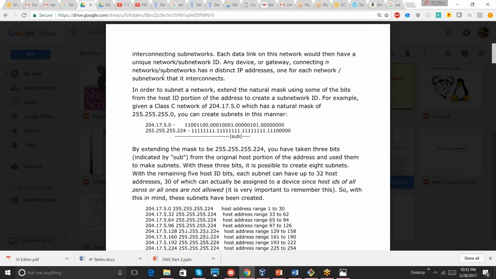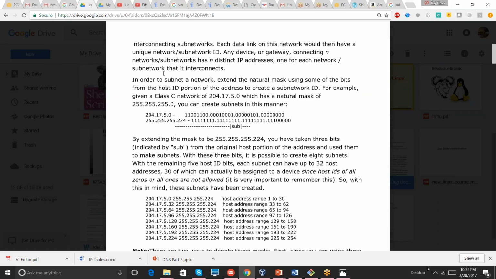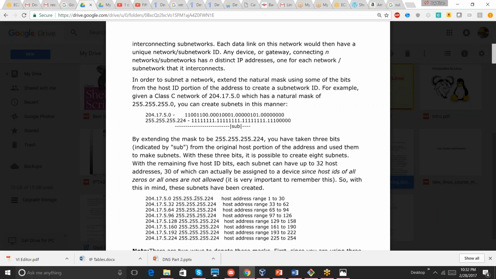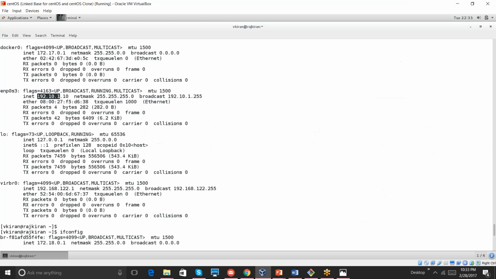Let's say if you have multiple classifications, this CIDR range may change. Like it can be 254 dot something like that. But most of the time you can identify by looking into your IP